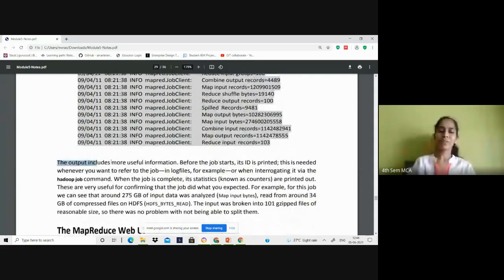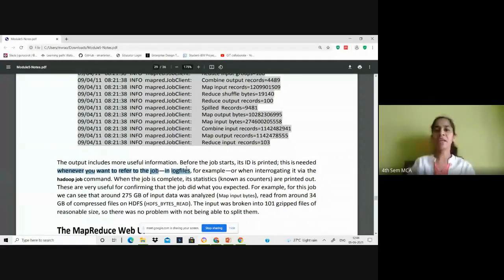Now the output includes more useful information here. Before the job starts, its ID is printed. We have seen that this is needed whenever you want to refer to the job in the log files. Why do you need a job ID?